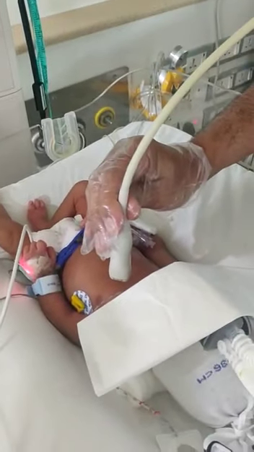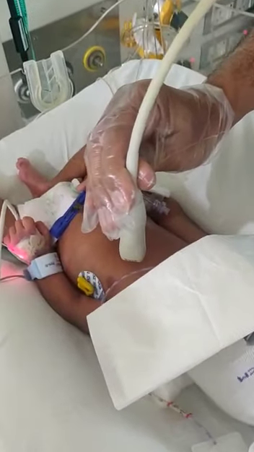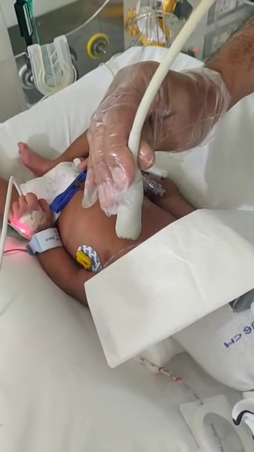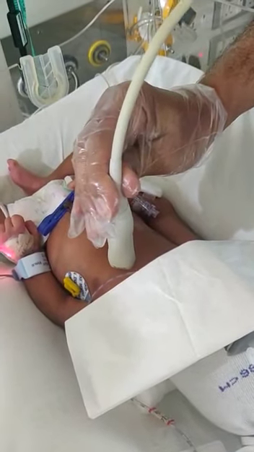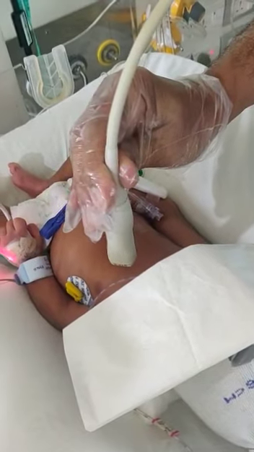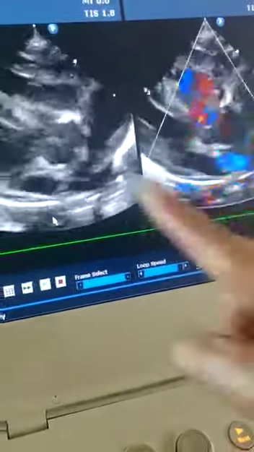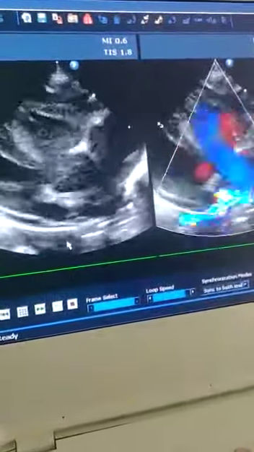This is the parasternal long axis view, where the probe is placed in the left second intercostal space with the marker facing the right shoulder joint, and you can appreciate the images on the screen here. These are the moving images as you see. The image that you see here is